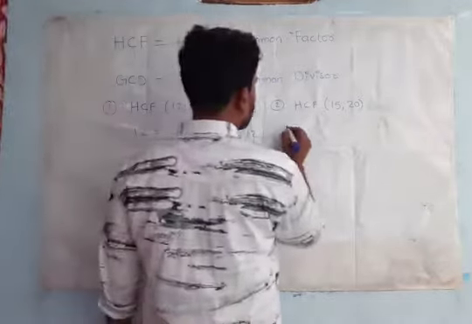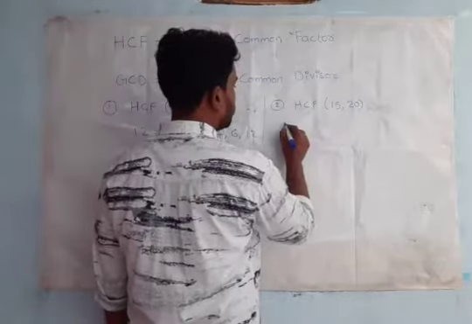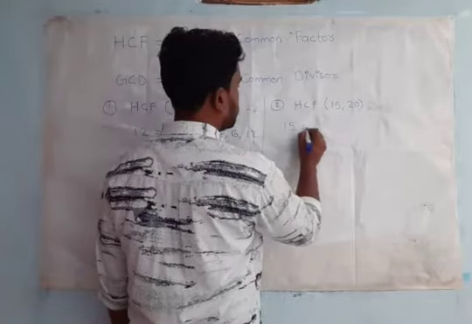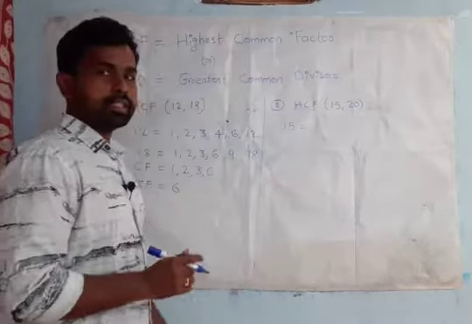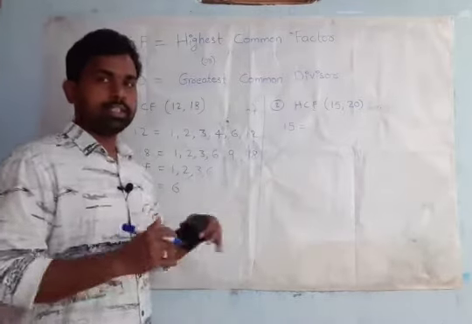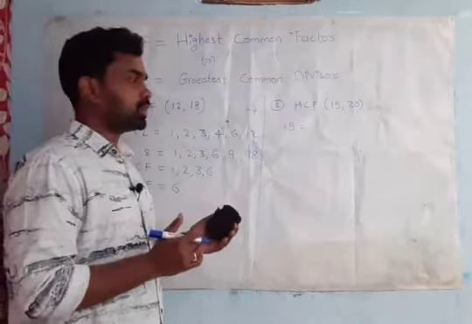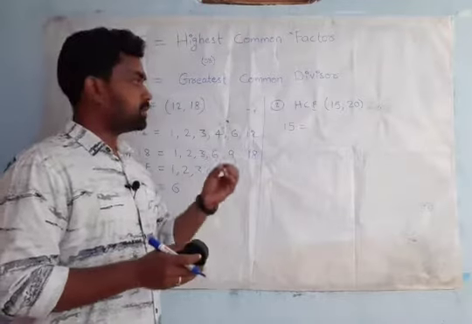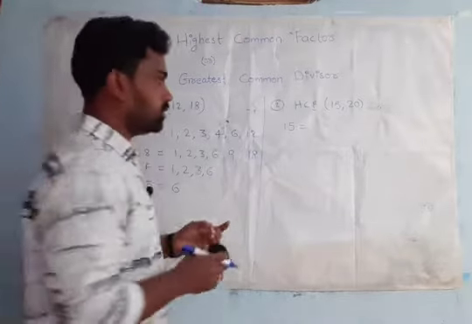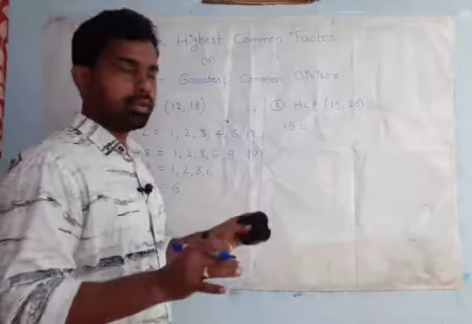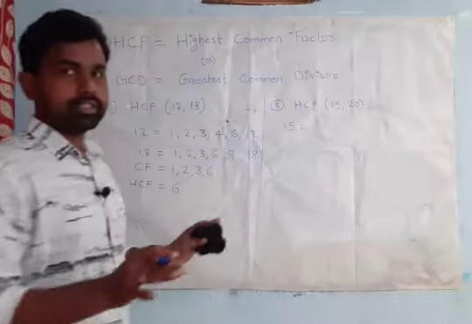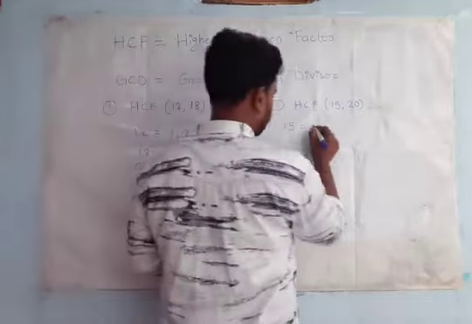Now, first what we need to do? First we have to write the factors of these given numbers. So I am writing the factors of 15. Factors of 15 means this 15 is present in which tables? 15 is present in one table. Yes or no? In one table, 1 is a factor for every number. You have to remember, in one table, all numbers are present. So 1 is a factor.